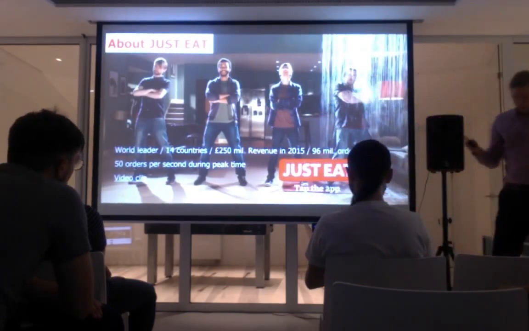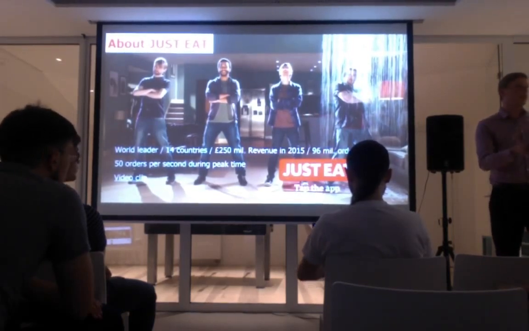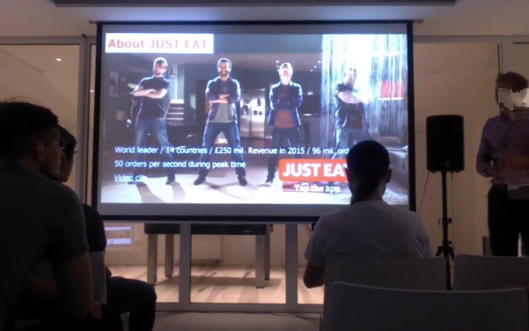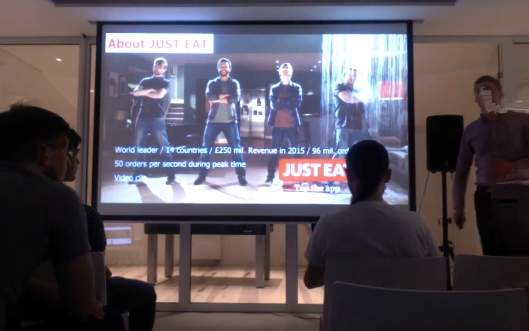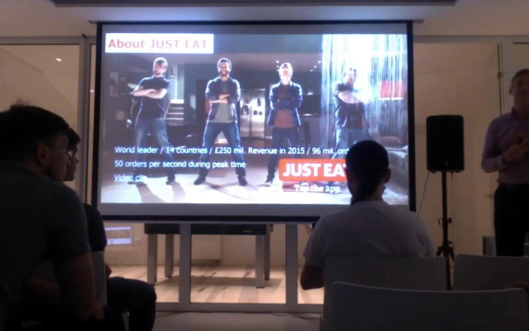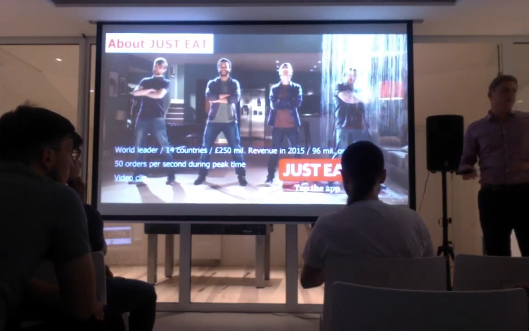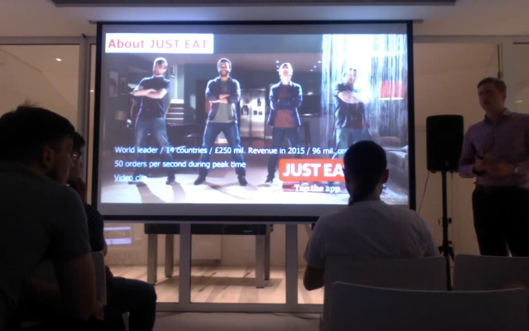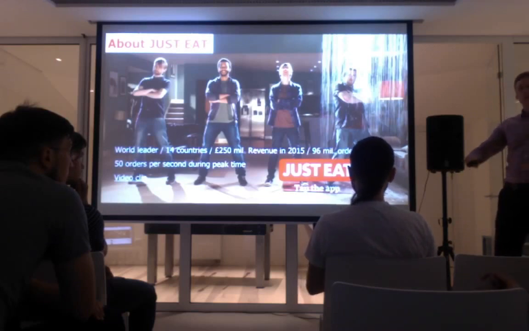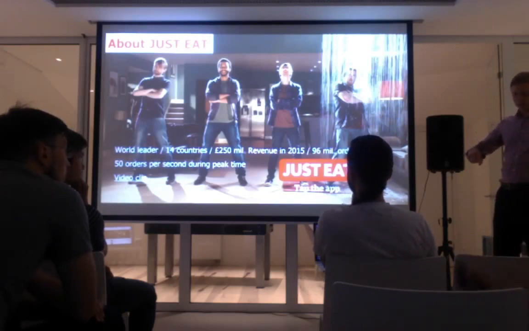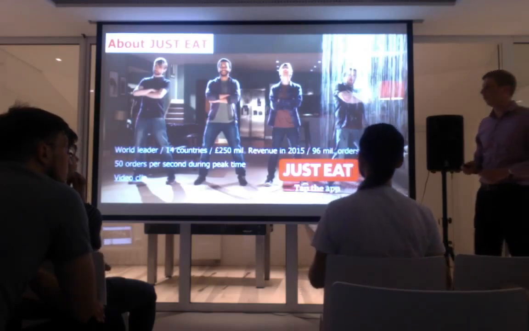So, there's a time of peak orders, right? That's Friday, raining, after you got your salary, between 7 and 8. You get 50 orders per second, that's 3,000 per minute, multiplying. It doesn't last for long, but it's very intense. Our systems handle that. And if you take the time at night, where only some people are still awake and only some takeaways are working, we don't get many orders. So the difference between the low and the peak is 10,000 times. That's the fluctuation we have to deal with.